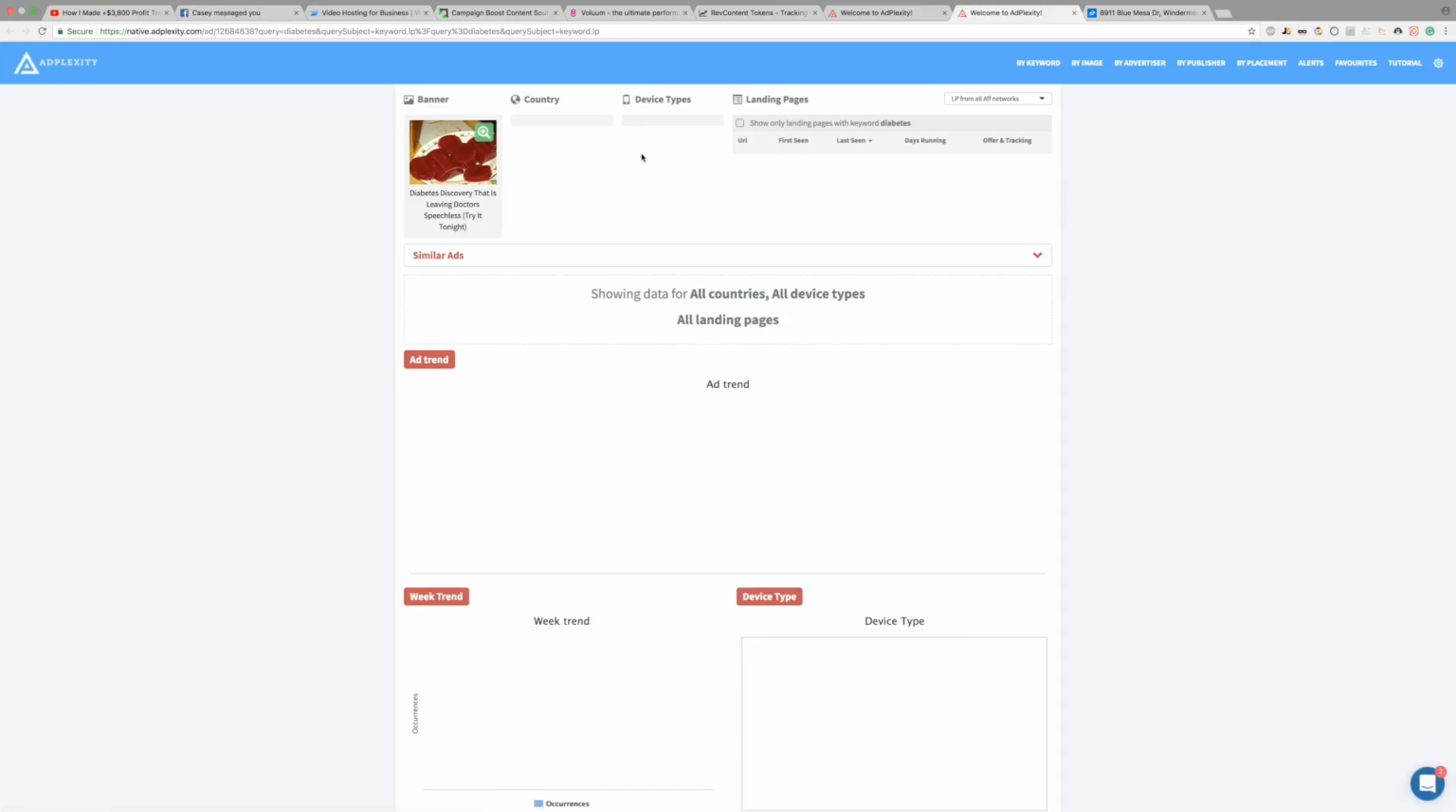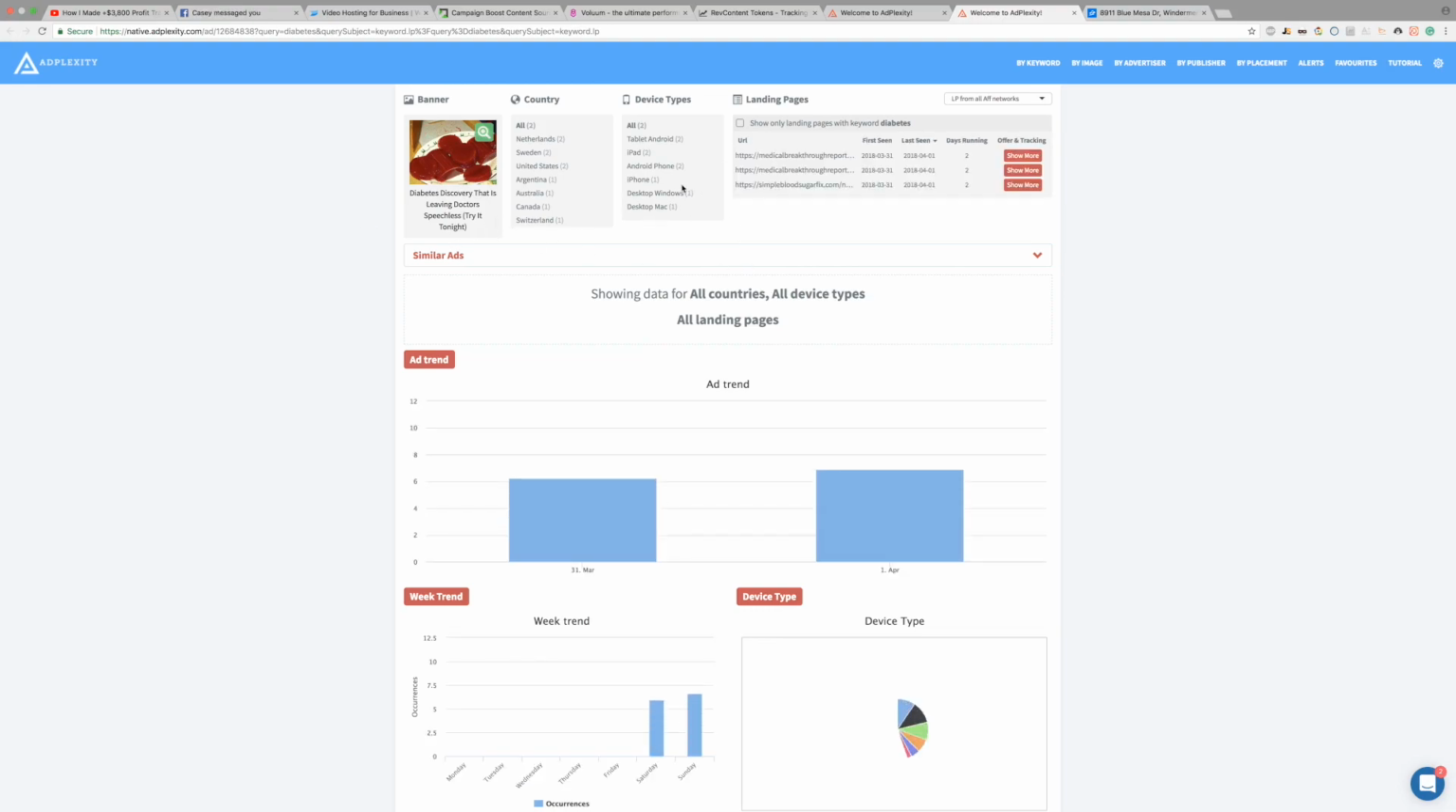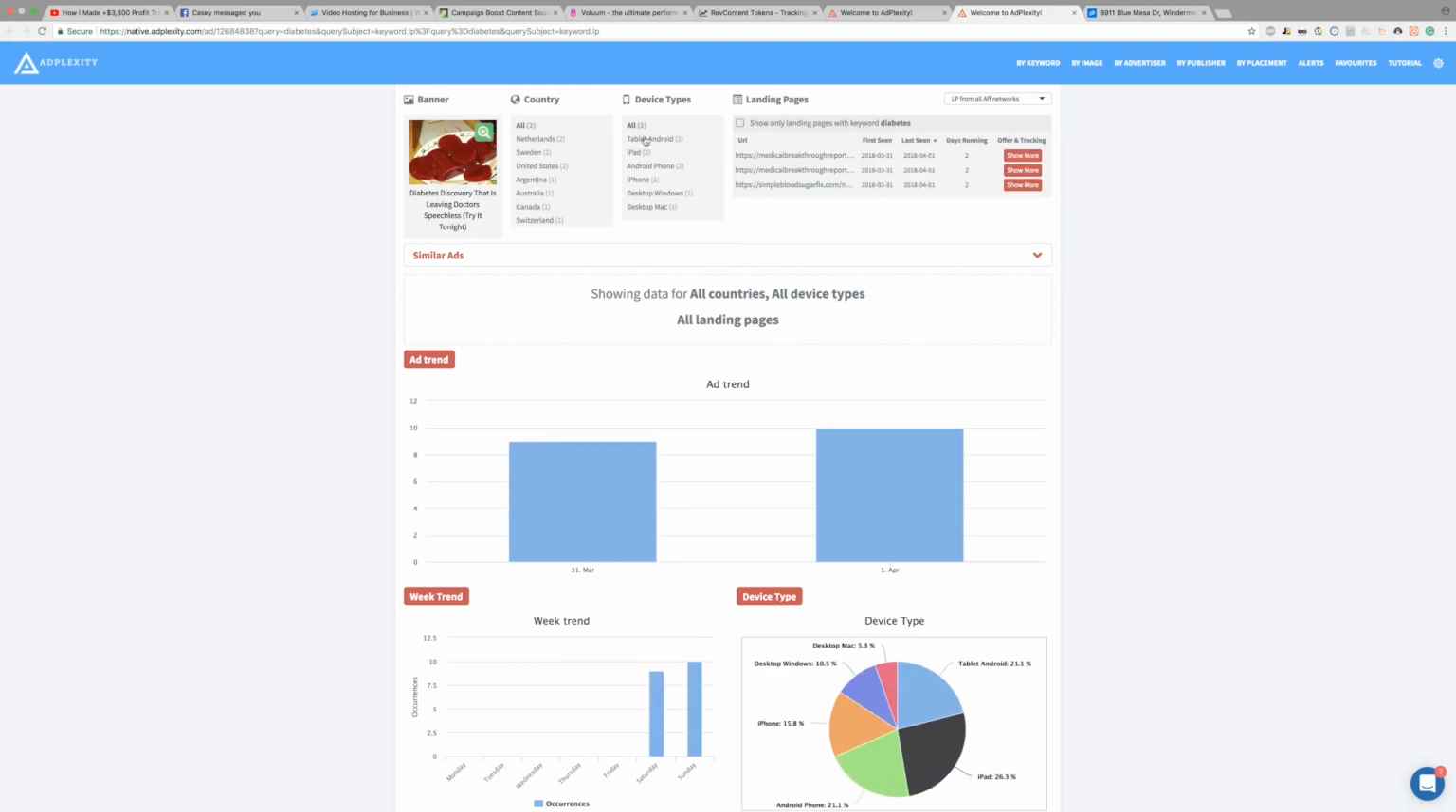I'm going to be showing you exactly how we can start to get some data here. So it looks like they're actually running the majority of this on tablet, and they're running this campaign across a wide variety of geos. It looks like they're running in the Netherlands, Sweden, the United States, and a little bit in Argentina, Australia, Canada, and Switzerland. So it looks to me like the United States is still pretty strong. So if we click on that and we come over here